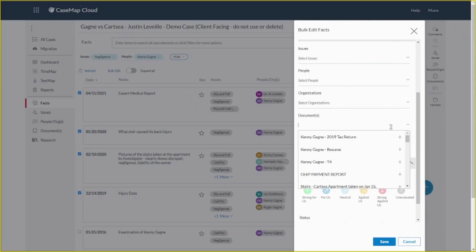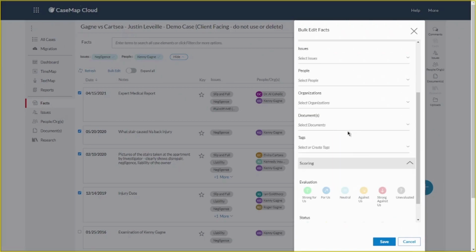Documents, again, do not have the ability to create a document record on the fly, but that's coming. The idea with document records is perhaps you're reviewing an email and they reference another email, and as you're looking through, you don't have that email. Now you can create the document record, which is no more than a bookmark, but would allow me to track